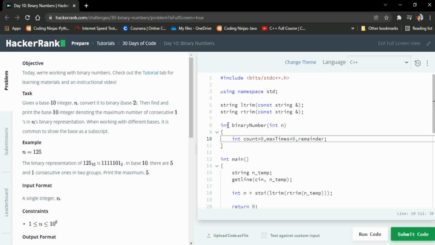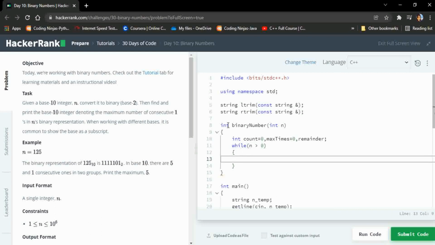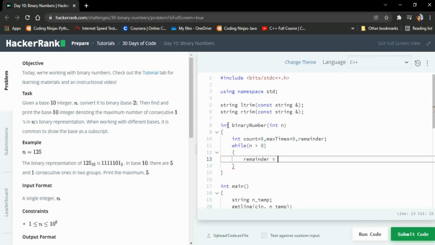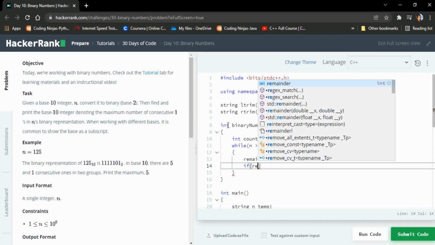Then a while loop, while n is greater than 0. We find the remainder until n equals 0. The remainder equals n mod 2, as we did the decimal to binary conversion by dividing by 2.